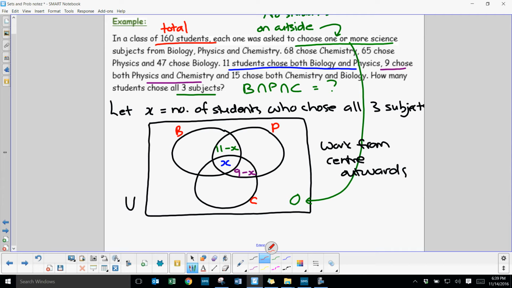Now let's do this other little last one here. 15 chose chem and bio. So chem and bio is over here. So this whole crescent adds up to 15. So this little outside part here must be, it's pretty hard to write it small with these pens, 15 minus